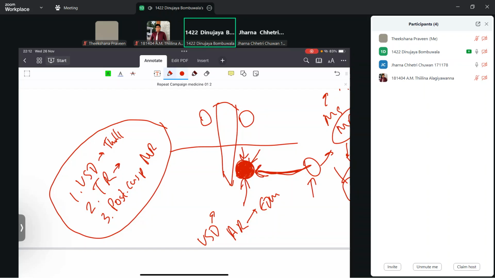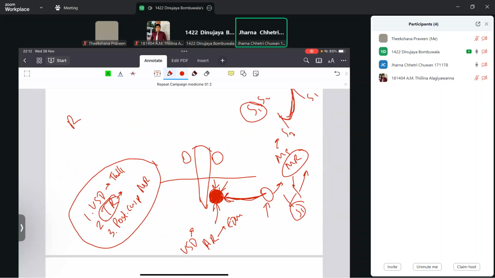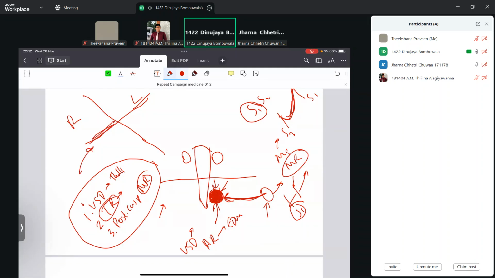You know that the tricuspid valve is on the right side of the heart and the mitral valve is on the left side. During inspiration, the intrathoracic pressure becomes negative, very low. Due to that low pressure, a large amount of blood comes from the venous system into the right side of the heart, because the veins drain into the right side.